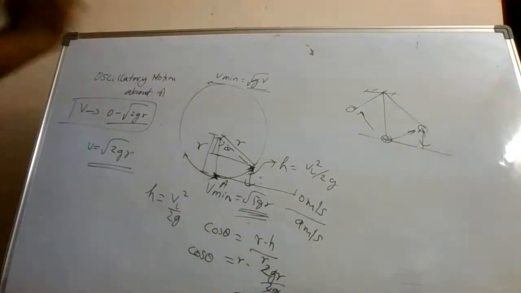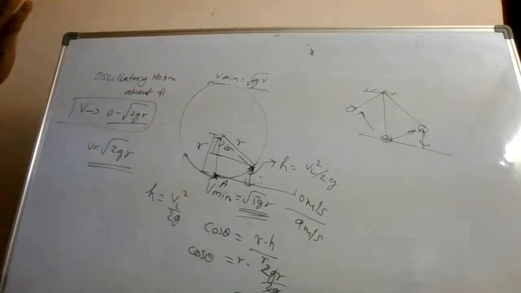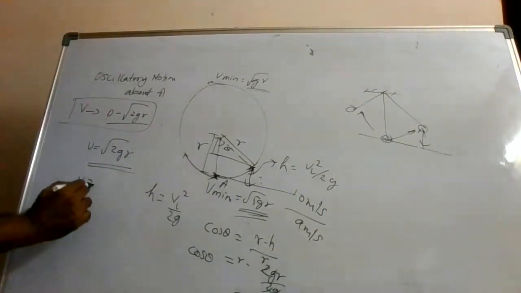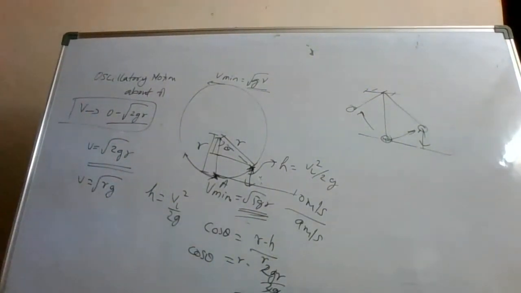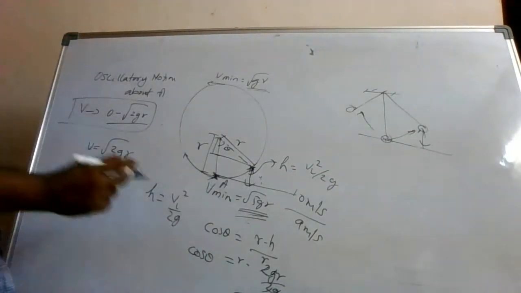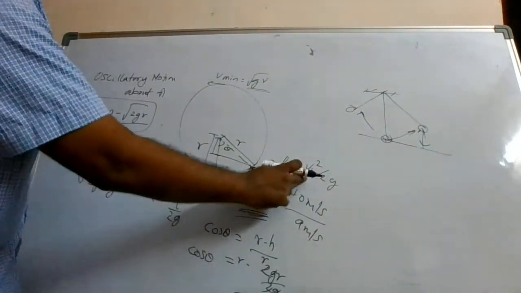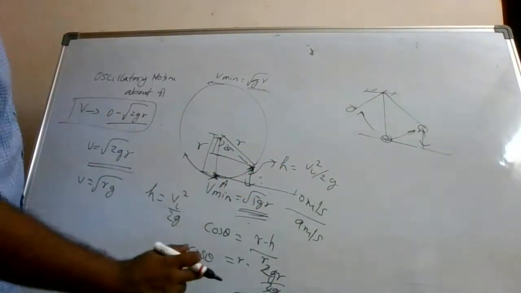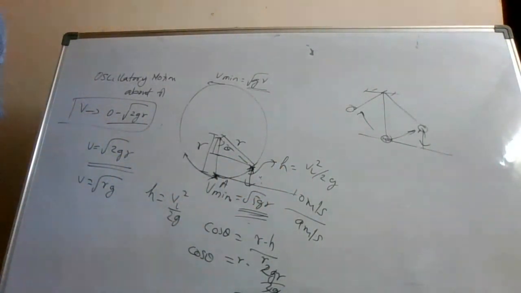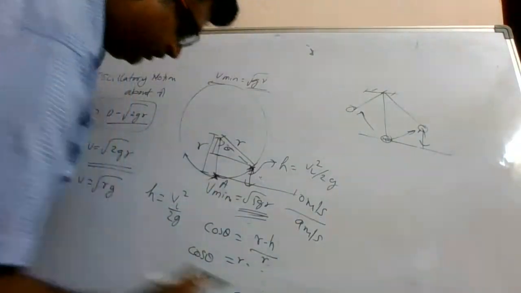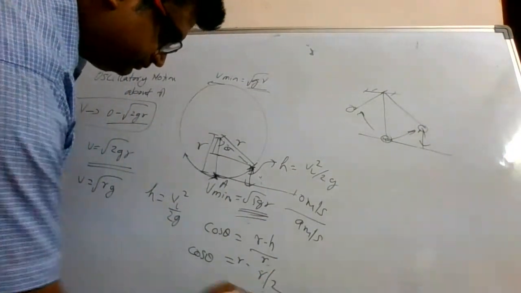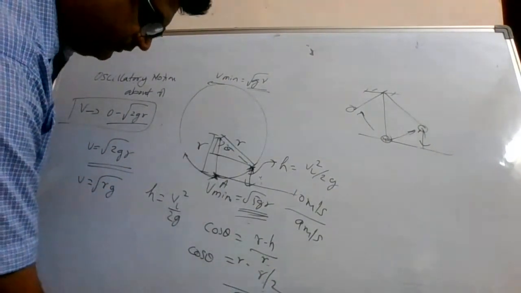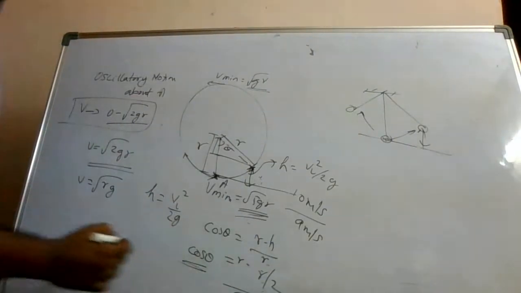So some other value is given, let us say gr is given at this point of time. So between 0 to root over 2gr, this oscillatory motion will happen. So let us say in the question it is given that v is equal to root over rg. So what will happen here? In this situation, VL square by 2g will become rg by 2g. So it will become r by 2. So this value will become r by 2. Alright. This will become r by 2 divided by r. So this is r by 2 by r. So you can make the calculation for theta.